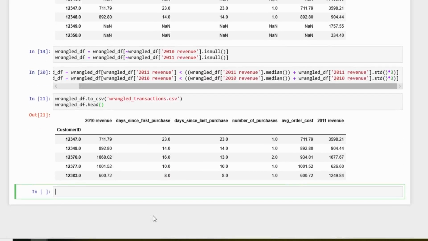I hope this exercise helped you understand data cleaning and feature engineering using Python. Now let's turn